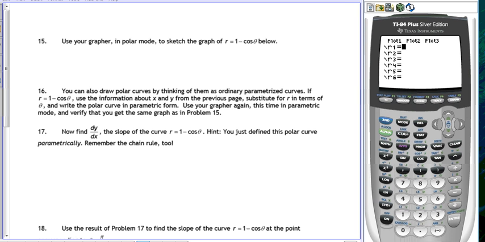So with our r equals, we're going to plug in 1 minus cosine theta. And if you just use that variable button, x, theta, t, n button, it should work. And let's go ahead and look at our graph. Now, my graph isn't very pretty. First of all, I don't like the window. So I'm going to go ahead and pick zoom, and let's do decimal. Zoom decimal works pretty well with your polars. It's trying to make a square window. And you can kind of see there's what's called a dimple on the right side. This is a Limaçon graph,